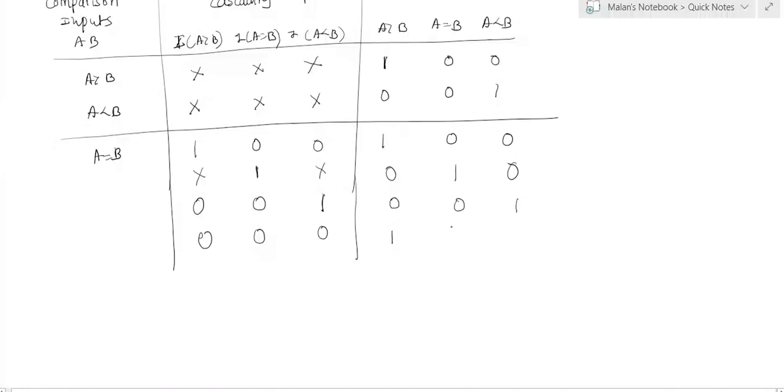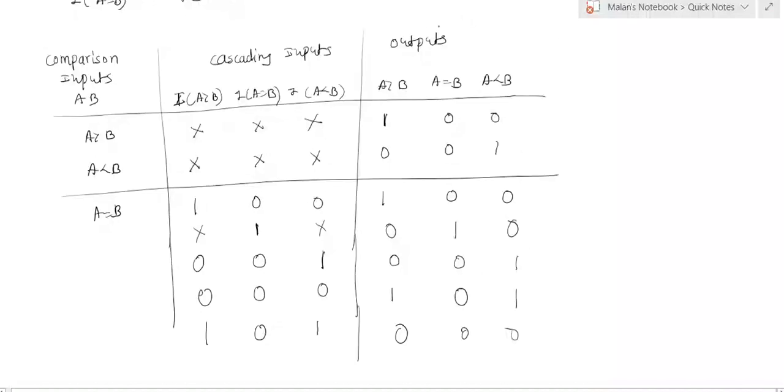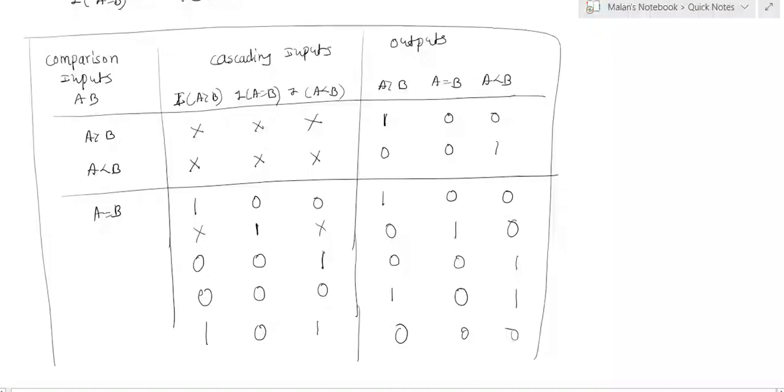When the input is 1, 0, 1, then the output generated is 0, 0, 0. Clear? Now this is the truth table, or the functional table, of the IC 7485.